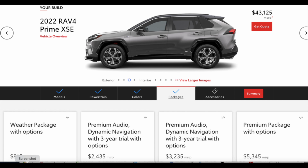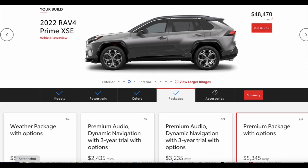There is also the base XSE model. This is the one without the premium package. You could consider that, and they are available, but honestly, there are so many goodies that you get with the premium package, I really wouldn't consider getting the XSE without the premium package. The base XSE sells for $43,125, and you have the option of adding some packages. The XSE with premium package sells for